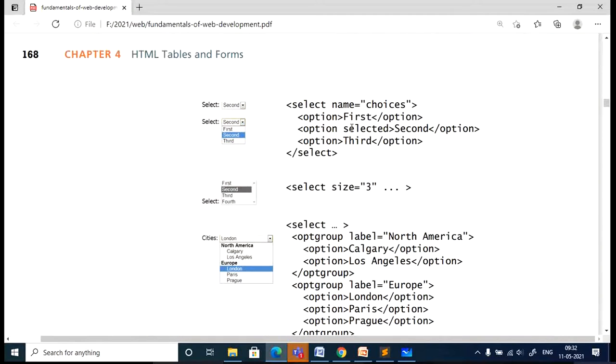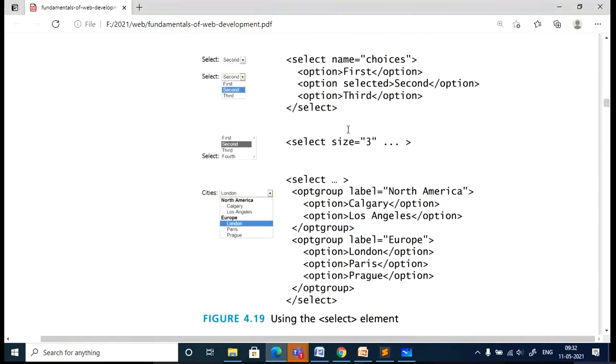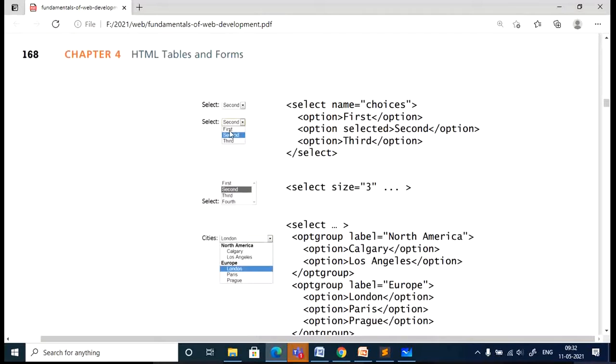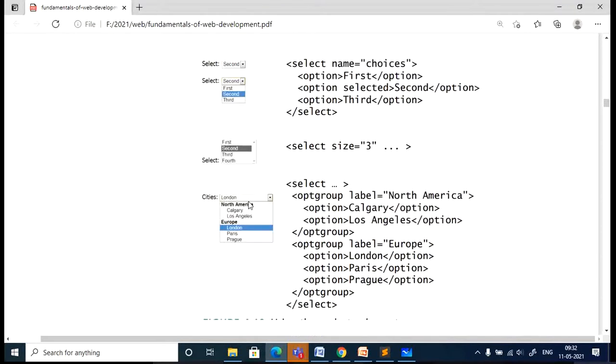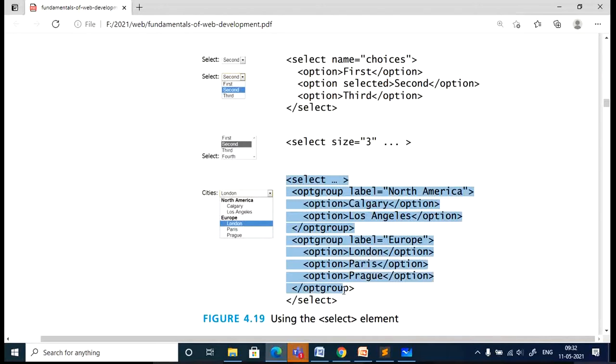Similarly, if you want to go for subgroups, okay, this is just one group. So in the first, if you have A, B, C, then something like that, you can go for the subgroup using optgroup. Okay, so you can just observe here. Option group, where I'm giving the label for the first option group, North America.